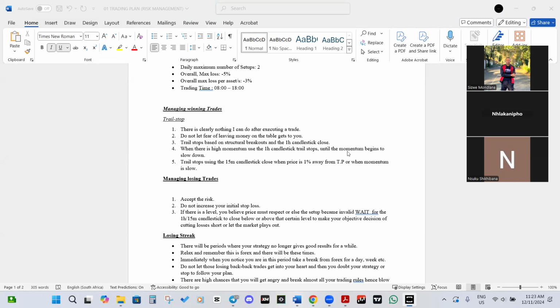Just a question. Is it similar to taking partial profits or what? No, it's not similar to taking partial profits. Taking partial profits is like, let's say you are in a trade and you are winning 1%. Let's say you are in a 100K account, you are now 1,000 up, 1%. So with partial profits, when you go to your MT5 or MT4, let's say you initially open a trade with a lot size of 1. You can choose to take 50% of that profit.